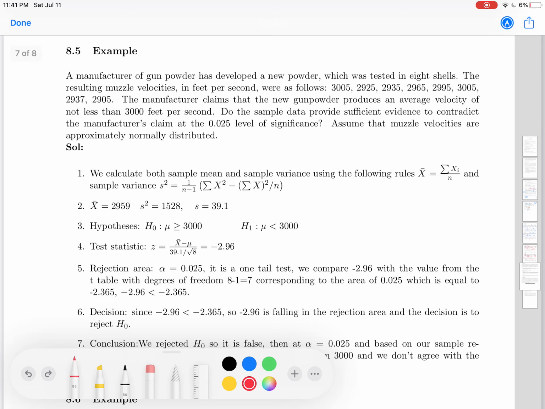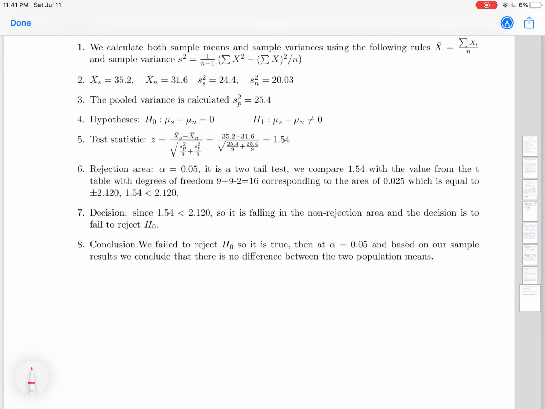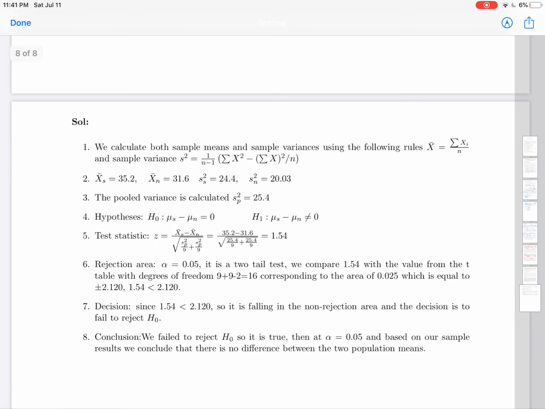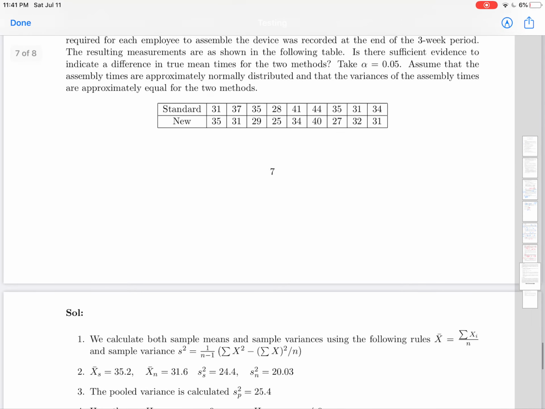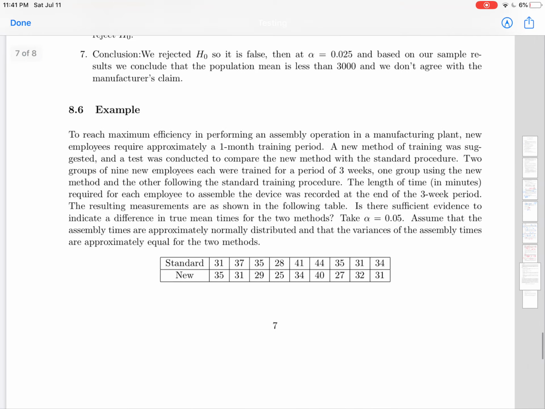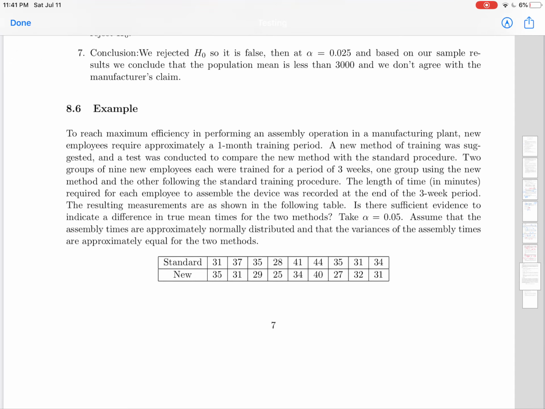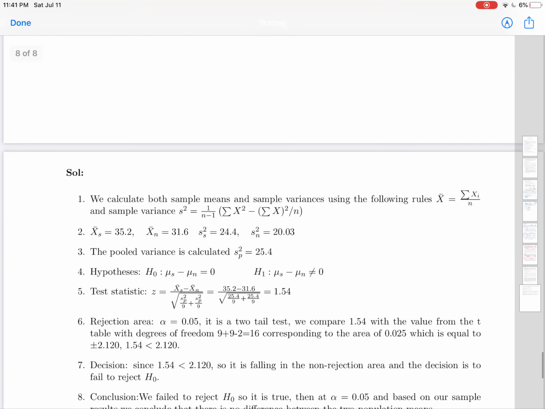This question is very similar to the one that we had in the confidence intervals, and I'm going to solve it in class. Here we have a smaller sample size, so this means we're going to use the t-table with some degrees of freedom. So I'm going to solve this in class. The last question is also about the t-table, and I'm going to solve